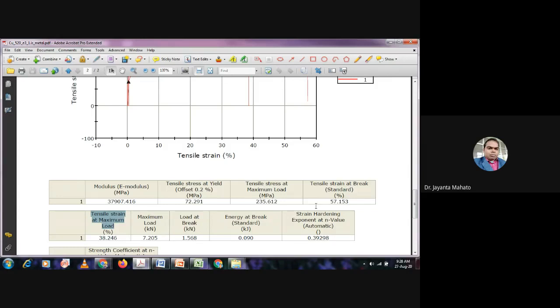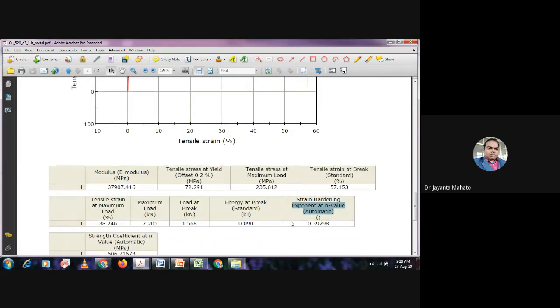And tensile strain at break means total elongation, and strain hardening exponent. So whatever results you want, you can put in the method.